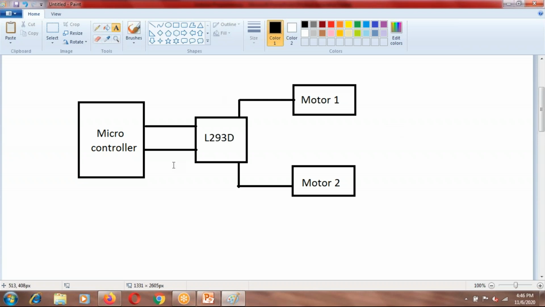Why didn't we directly connect it to the motors, instead of having this in between? The pins of the microcontroller could have been directly connected to the motors, but we are not doing so. We are doing it through this IC. So that is my question. If you have any answers, or if you can guess it, you can just speak up.